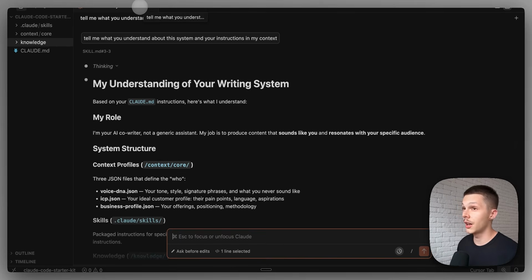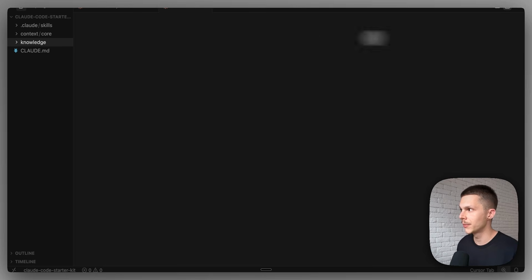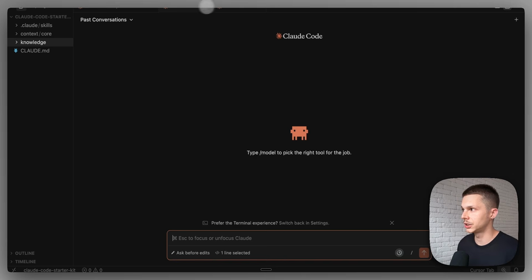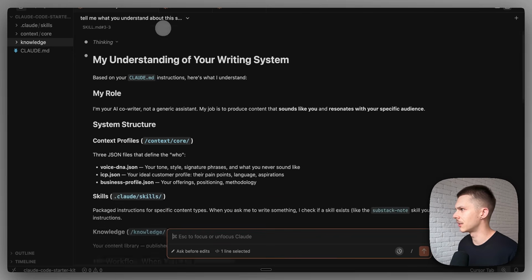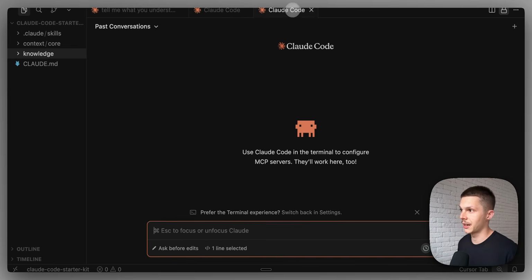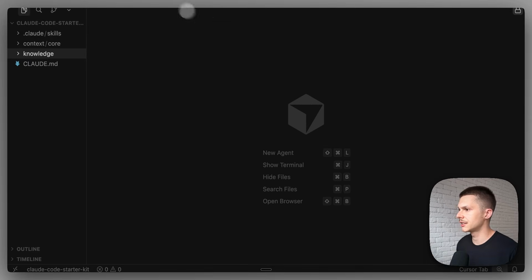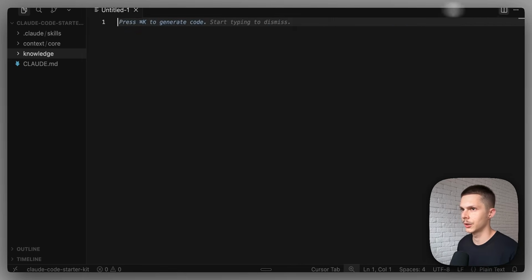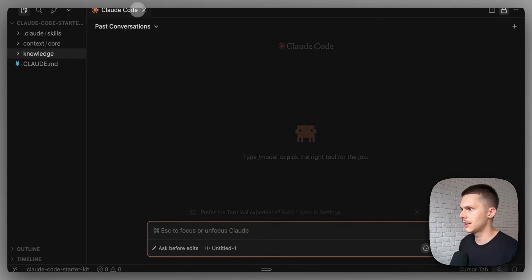Now, another really cool thing you probably didn't even know you could do in Claude Code is this will save here. You can access your chats, and you can open up multiple. So we're going to click this little plus in the top right, and now I can open multiple Claude Code chats. So I can be working on so many different things at once, right? And that comes in handy. So now what we can do basically is let's try a full writing operation here. We're going to open up a new Claude Code. And this time,